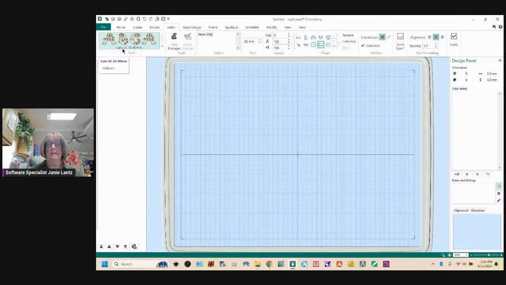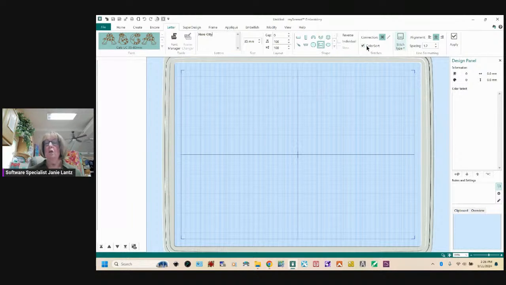So I know when I type in my letters, this UC is telling me that the words are going to be made uppercase, and I'm not going to have any control over that. I can type upper and lowercase, but I'm going to get uppercase because that's all the letters come in. Size defaults to the smallest size always, but letters are a working piece of the software. So I can make them bigger or smaller as many times as I choose, and the stitch quality is always going to remain the same. So I'm just going to make them at 35 millimeters